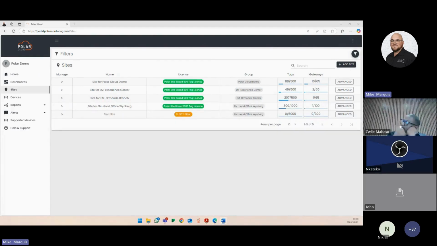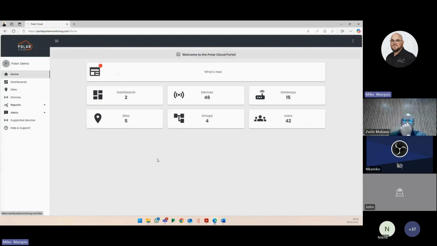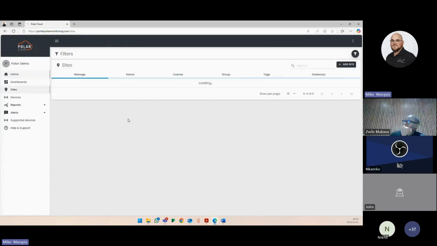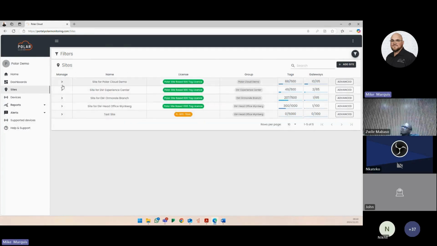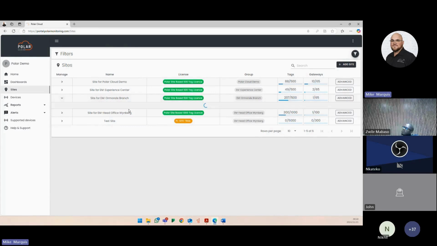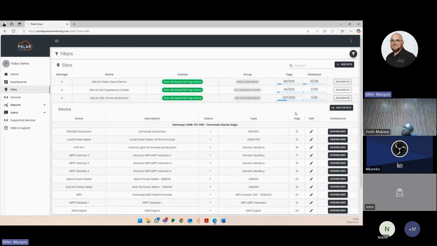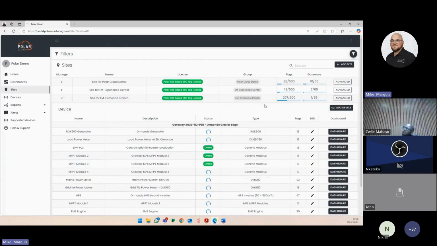So we're going to move over to the next section here about setting up devices on the gateway. All right, so again, there's a couple different ways to do this, and depending on what you're trying to do, but I would suggest we start with going through the actual sites. All right. So once we have our site open, we can select the site that we're wanting to deal with. So in this case, I'm going to choose the Omonde branch here, and I want to add a new device